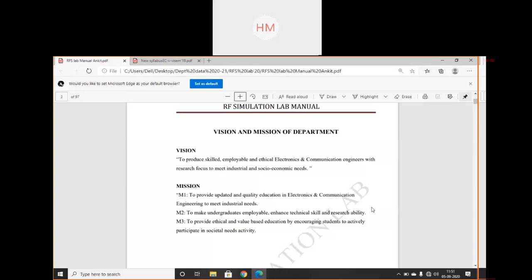Mission of our department: first, to provide updated and quality education in electronics and communication engineering to meet industrial needs. Second, to make undergraduates employable and enhance technical skill and research ability.